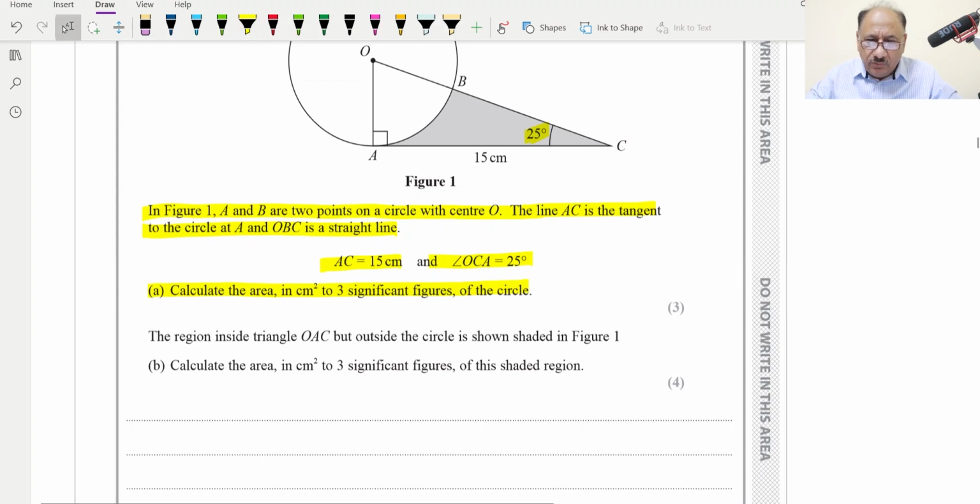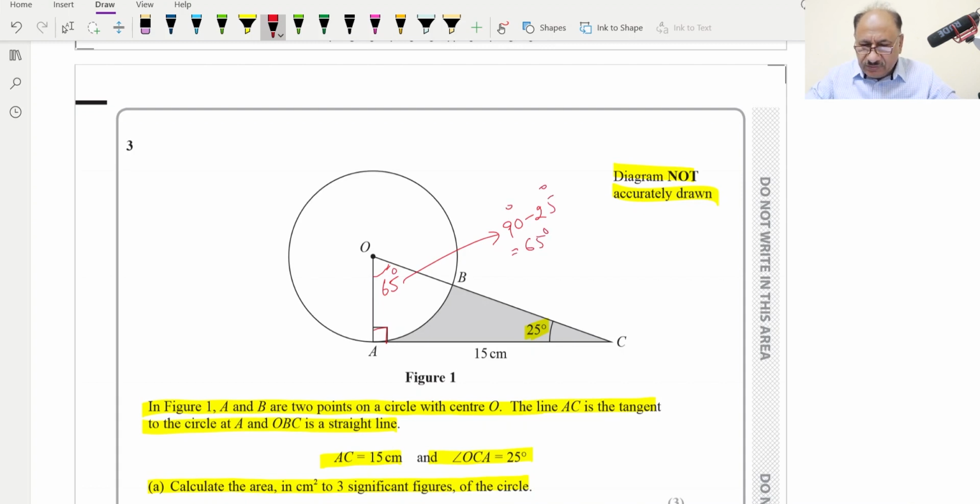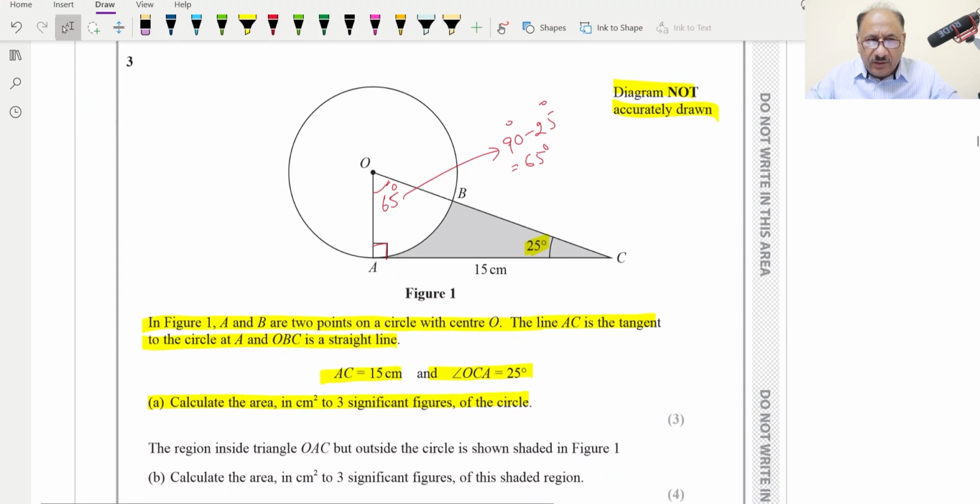So what we will do, we can identify this angle. This angle is 90 degrees. So this angle will be 65, because this will be 180. Basically this will be 90 minus 25, which is equal to 65 degrees. So this will be 65. Now after calculating this angle,